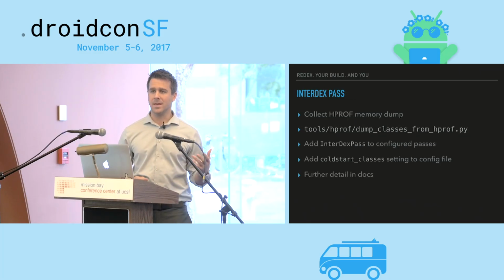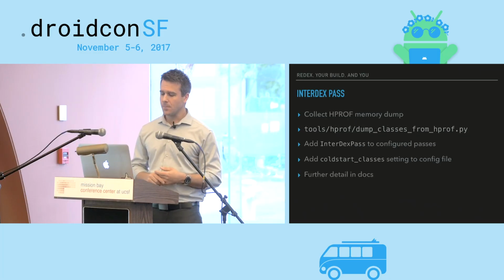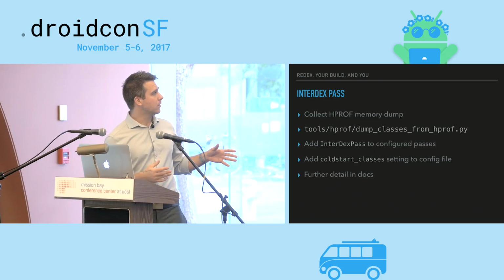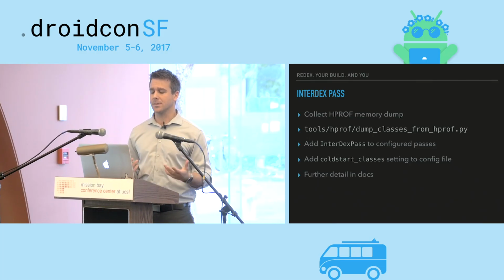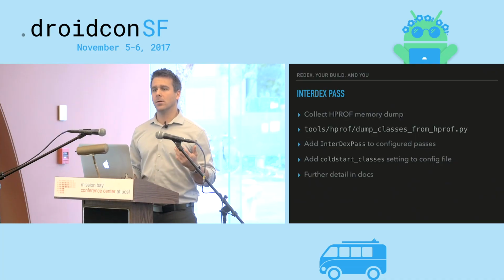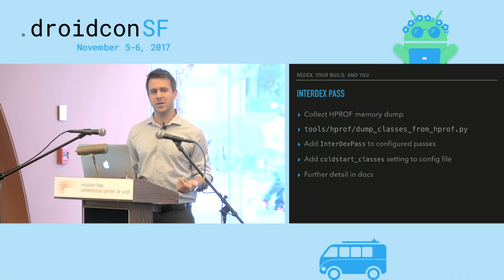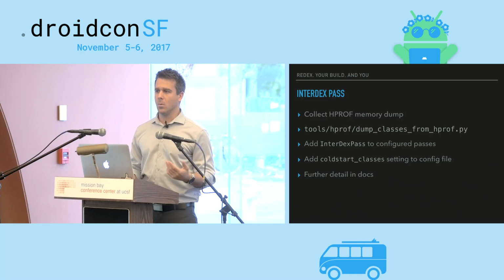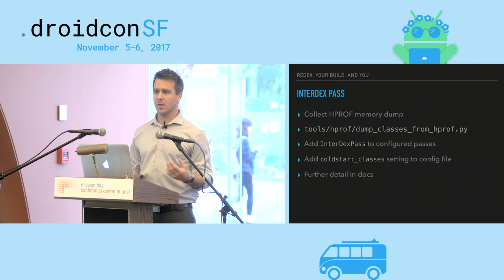I do want to talk briefly about the interdex pass, which is what I showed you with the videos. That's how Redex does its class ordering. The high level thing of how to do that for your application is you collect an hprof of whatever pattern you want Redex to optimize. So for us, we collect cold start traces. We hit the app, wait 5 seconds, take a dump. The hprof memory dump has some class ordering information in it. Basically, we can look at the list of classes that are loaded, and the order in which they were loaded, and then this dump classes from hprof Python script will actually produce an ordering file that Redex can use